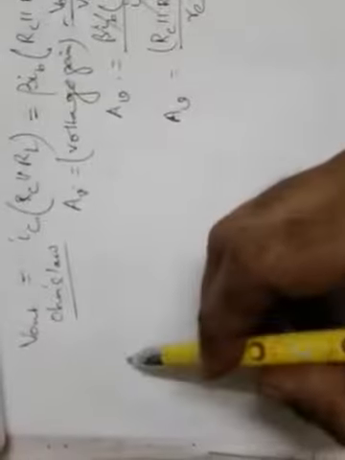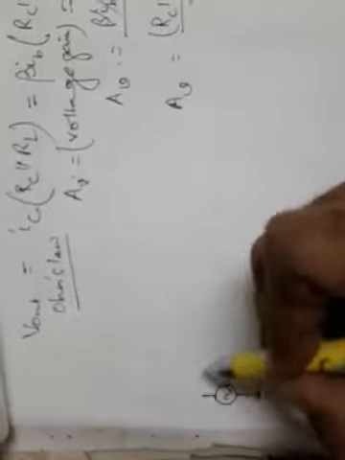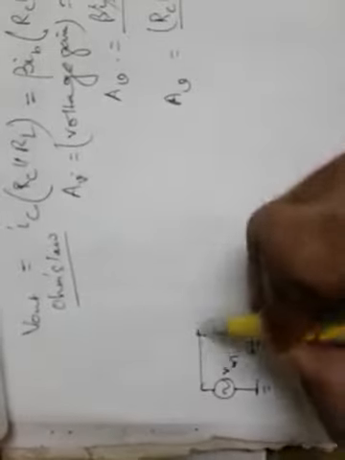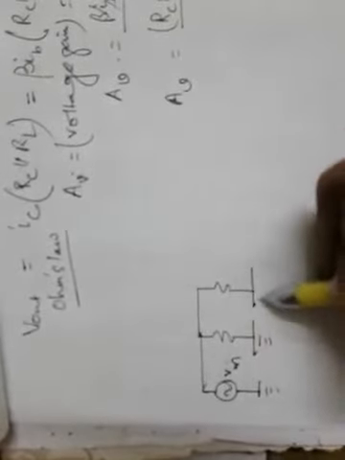Now if we want to draw the AC equivalent circuit using the T model, we can also draw that. So let us learn how to draw the AC equivalent circuit using the T model. So here I am drawing the circuit. This is V in, the input source. First you draw that, and obviously in parallel to it two resistances R1 and R2 are connected.